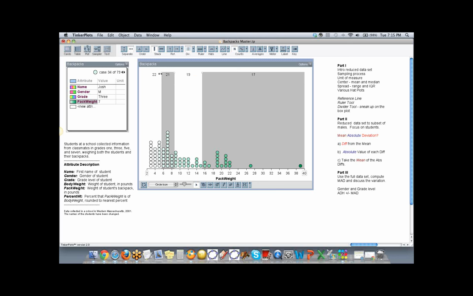I was actually going to try to line my students up and make a human box plot today in class, but we didn't have time. I think where people get stuck is when you have a whole bunch of data points together where that quartile is going to change. So obviously we need more than 14 students in that first quartile. So we need something like 6 of them in our first quartile if we were to divide this evenly. But because we have so many 5-pound packs, we can't show exactly where the quartile 1 starts and stops because it's happening right between a couple of those data points.